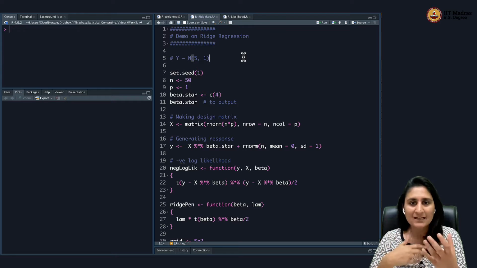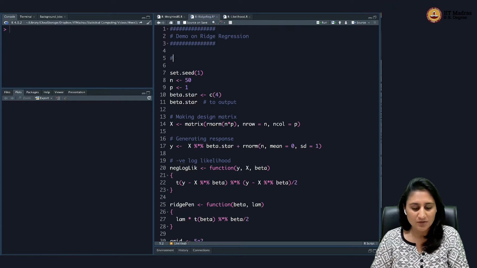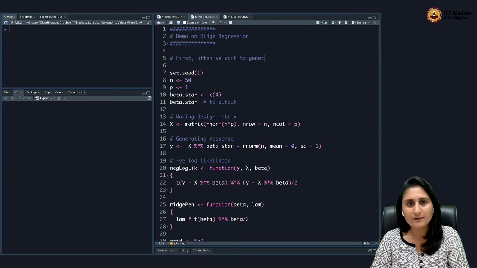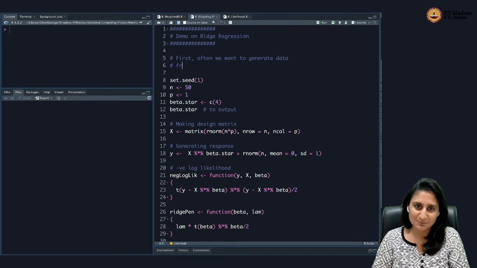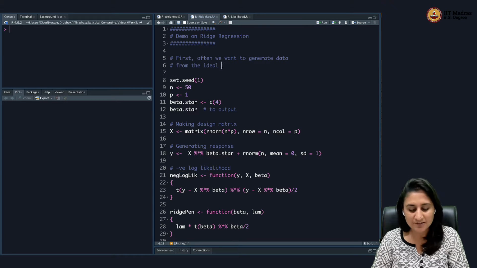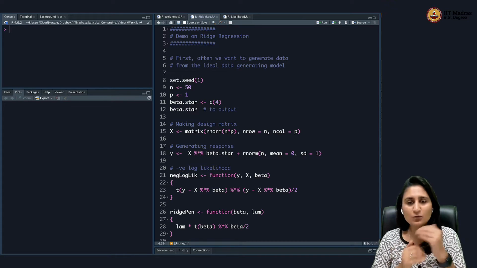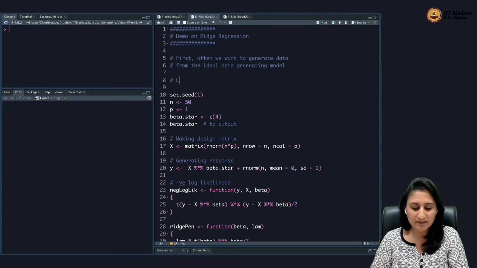So our baseline is that first I'm going to generate data. Okay. So first, often we want to generate data from the ideal data generating model. When we do that, then that means, let's say for the linear regression setup, our model is that y is equal to